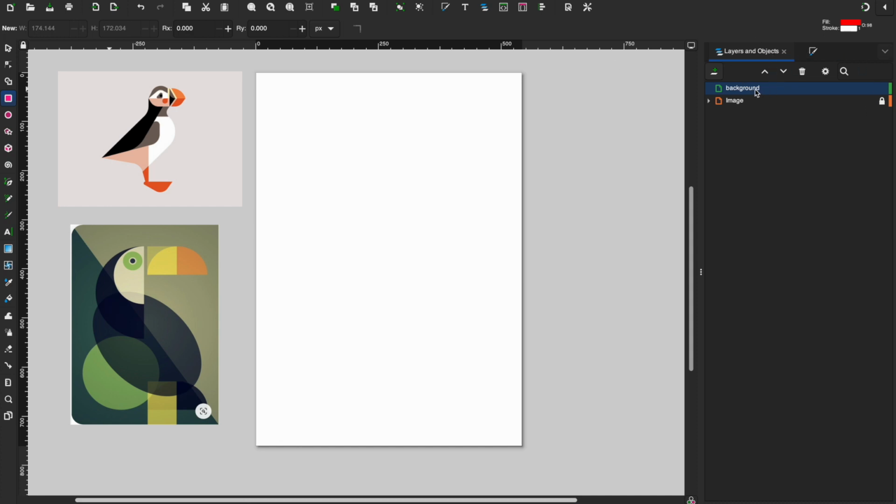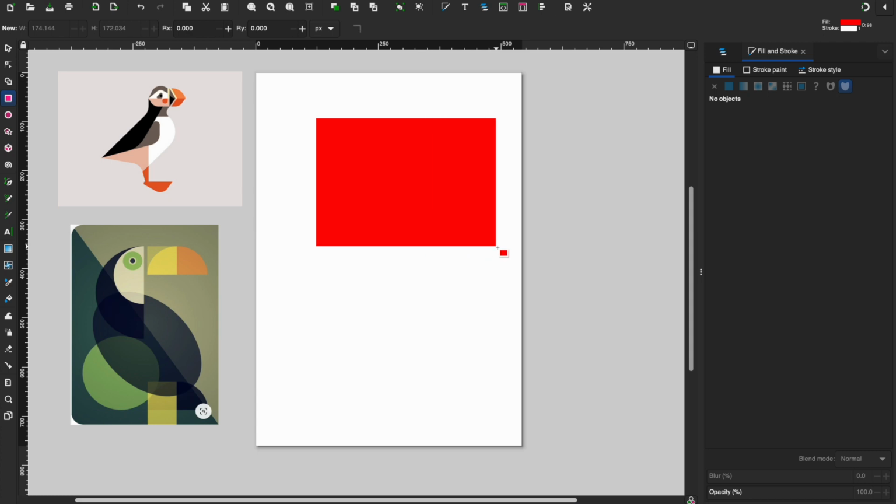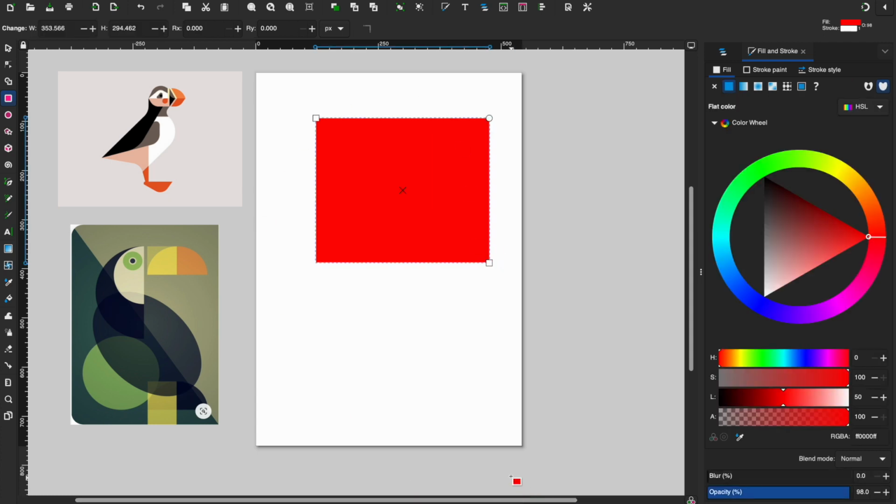Or we can go back into our right-hand side quick toolbar and come over to this paintbrush tool, and you'll see fill and stroke pops up. The fill of an object is what's inside of this rectangle when I create it. You can see that it's filled with red. The stroke is going to be the border. If I want to change the stroke, I move over to the stroke paint tab